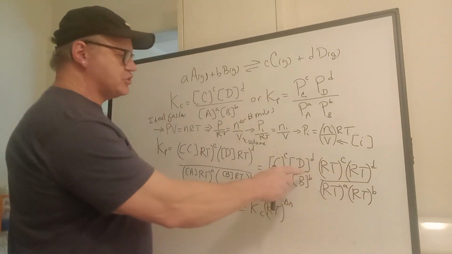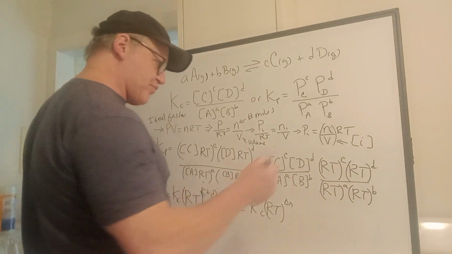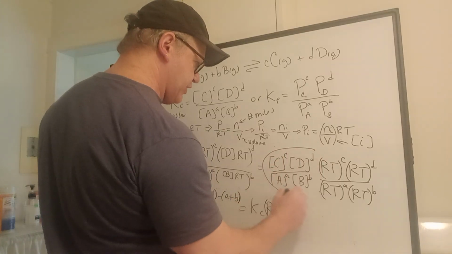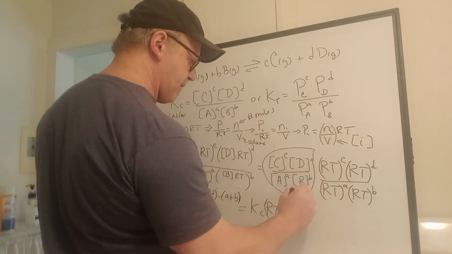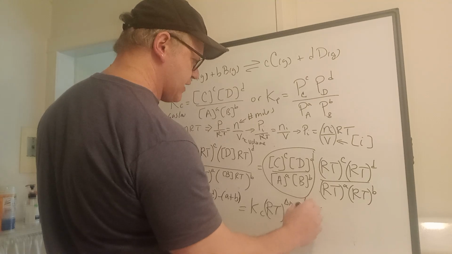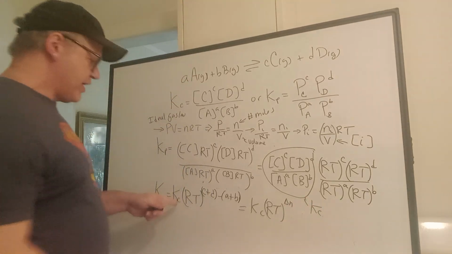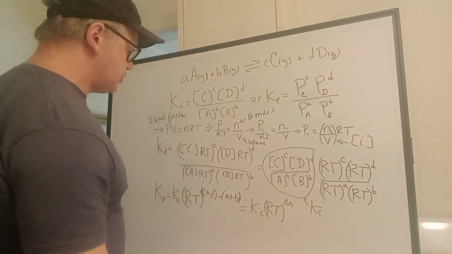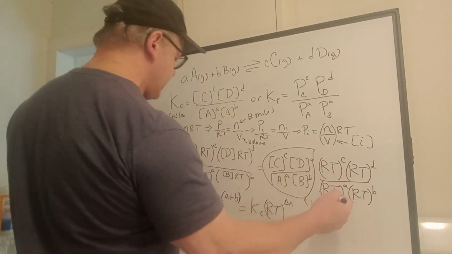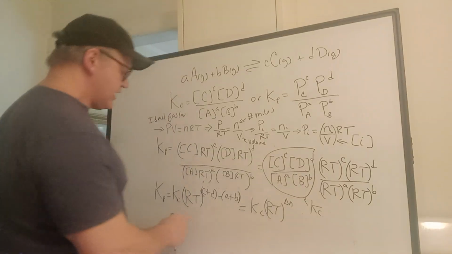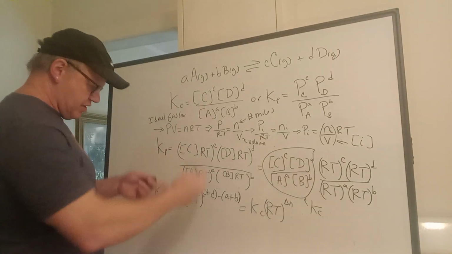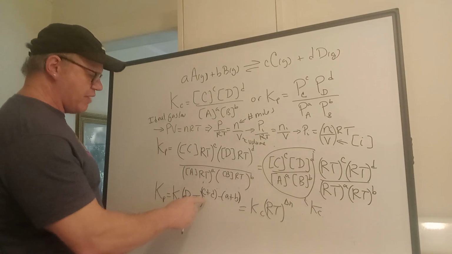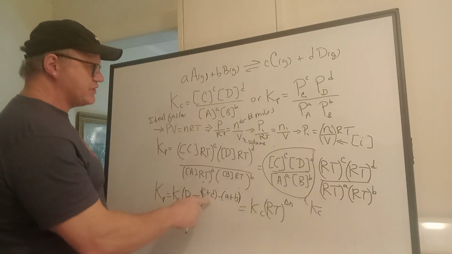And so it looks like this at this point. And this part in front is simply Kc. This is Kc. So that's what I write in the next step here. You have Kc, and then you can, using laws of algebra, write the RT more succinctly as RT in parentheses. Both of them are raised to the C plus D